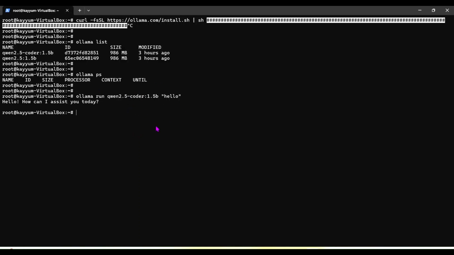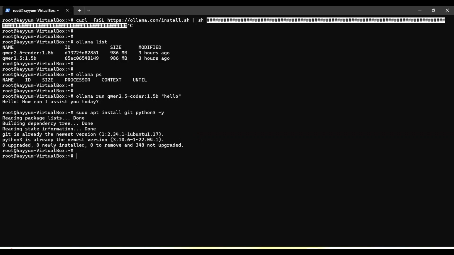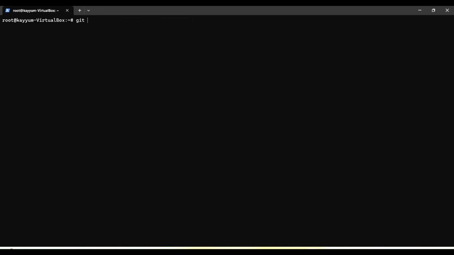So in this video what we are going to do is fetch a git repo. For that, first of all, we will install git so that we can fetch that library from there. This is the command. You can see git is already at the newest version. Now finally, we will clone the git repo,